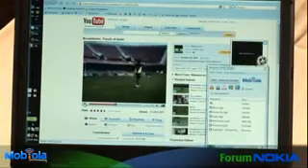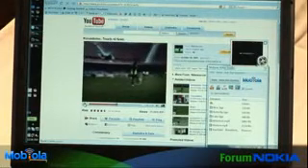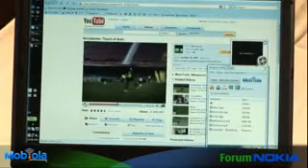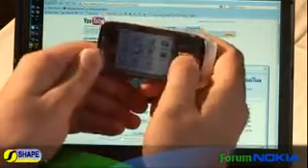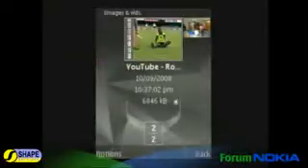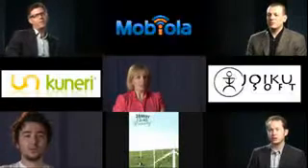And now it's copying to the device over Bluetooth. On USB, it is actually much faster. Now, go to video clips, and this video is here. And that's all you have to do to play video on your device.